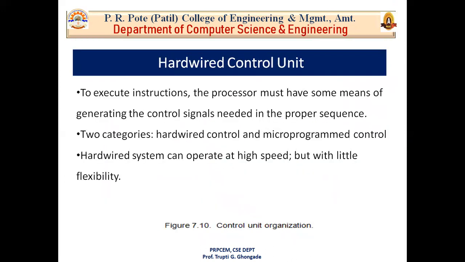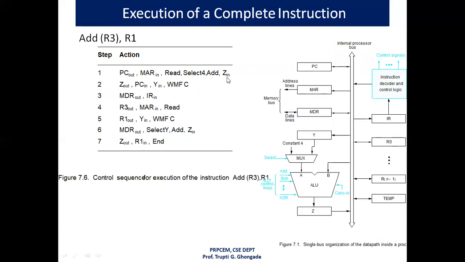Let's see an example of how the encoder generates the Z in control signal for the processor organization. Now look here, in the first step we have Z in. From step 1, step 2 and step 3, these 3 steps constitute a fetch cycle. In the previous lecture we have seen that the first 3 steps constitute a fetch cycle and the remaining are the execution cycle. So in the fetch we have to generate the control signal Z in. Now let's see how we can generate the control signal for Z in.